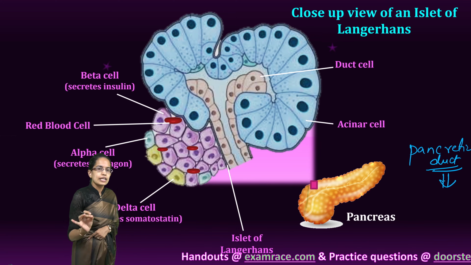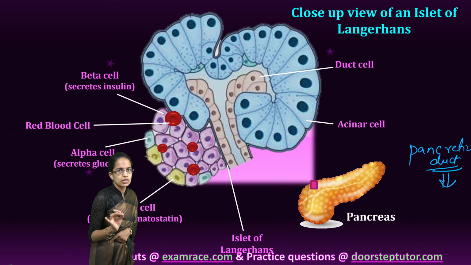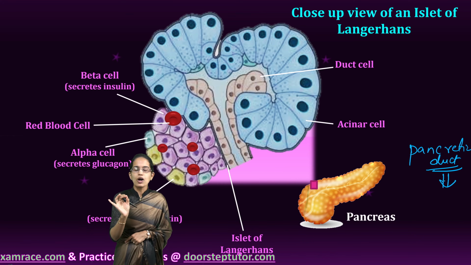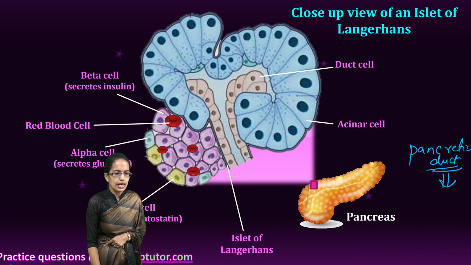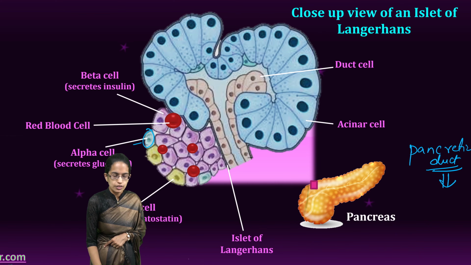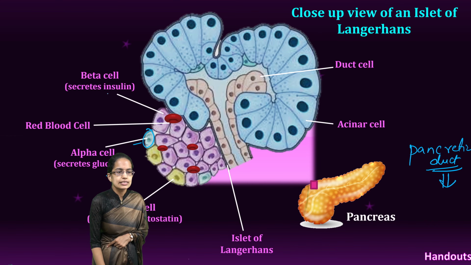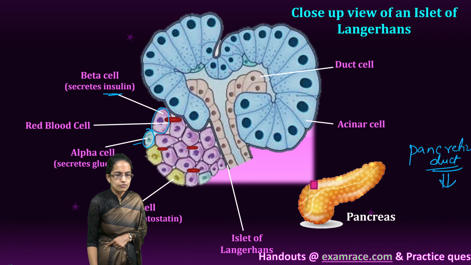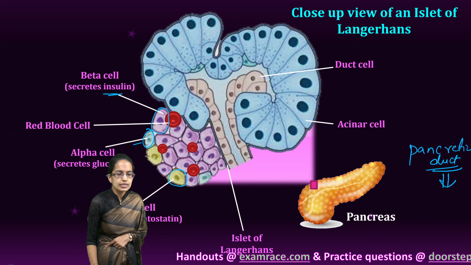Alpha, beta and delta are Greek terminologies. Alpha is the first alphabet of Greek letters. Now alpha cells here, as you can see, which are marked here, secrete glucagon. Beta cells secrete insulin, which are marked here, and then you have the yellow colored marking as the delta cells